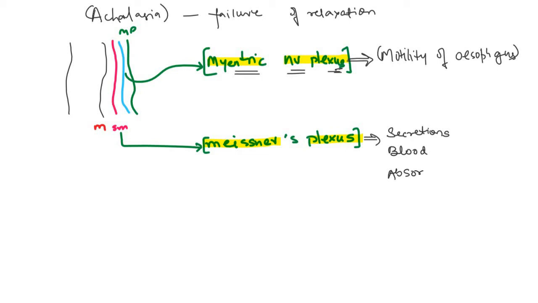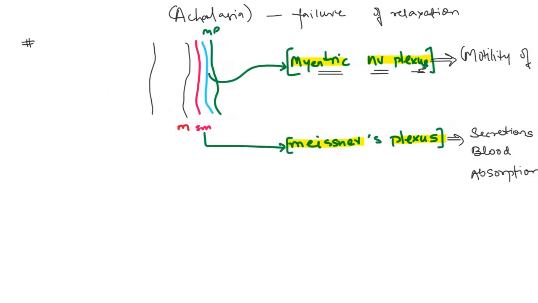Now you might be thinking, where is the esophageal absorption taking place? No, I am not talking about absorption in the esophagus, rather I am talking about absorption throughout the GI tract, because the myenteric nerve plexus and Meissner's nerve plexus are not found in the esophagus alone, they are found in the whole GI tract, because the histology is almost the same except for the mucosa, which shows changes in the type of epithelium. So you know what the myenteric nerve plexus is and what Meissner's plexus is.